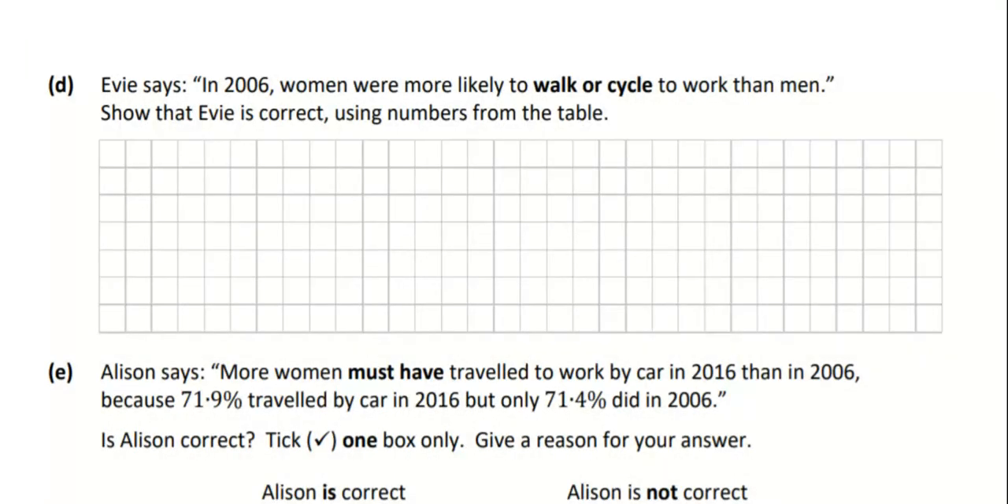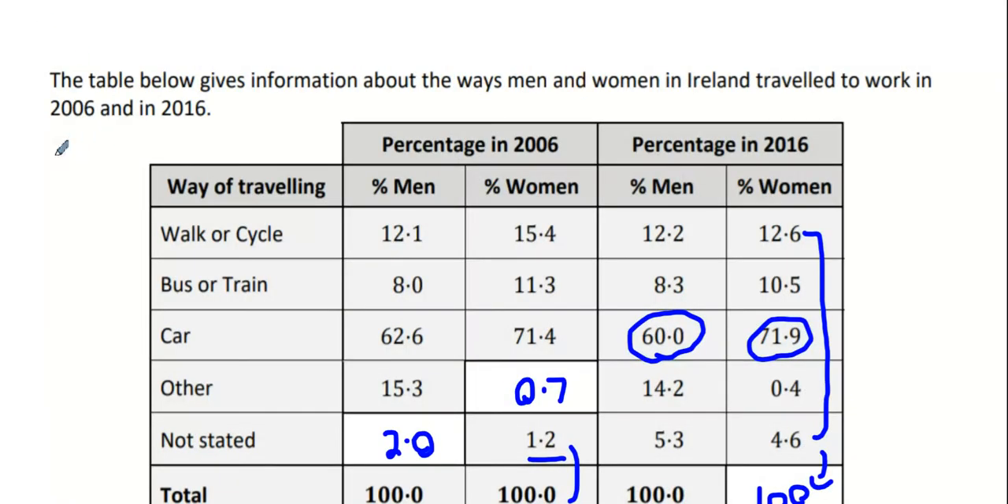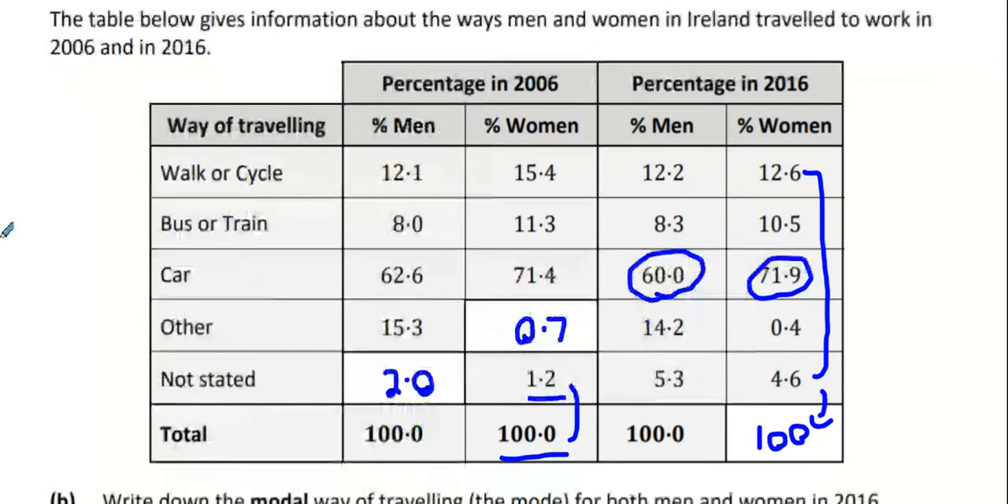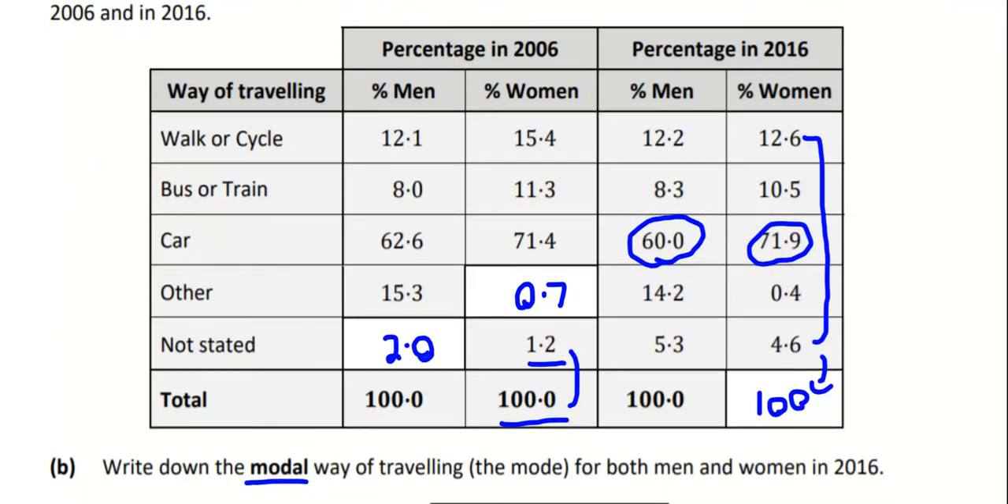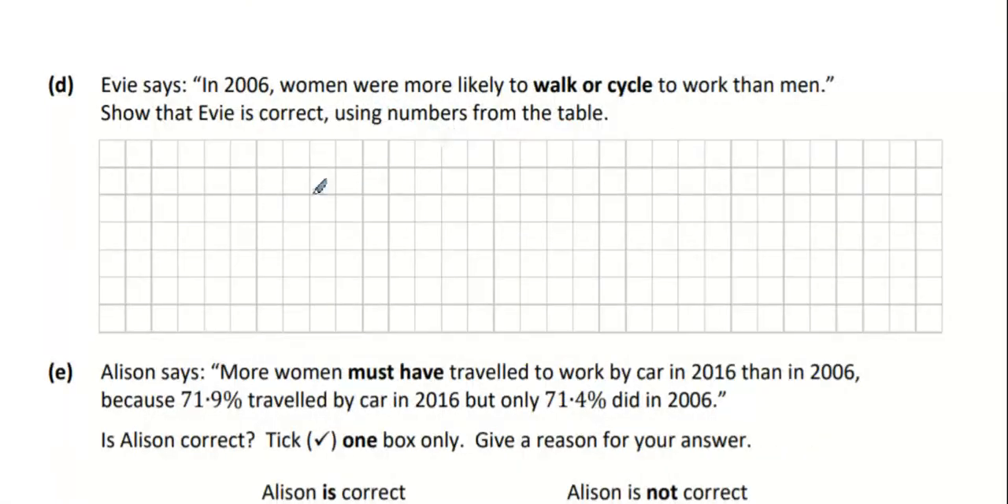Okay. Evie says in 2006, women were more likely to walk or cycle to work than men. Show that Evie is correct using the numbers from the table. Well, if we go back to Evie, we can see that walk or cycle, there we see it there. Women are at 15.4, while men are at 12.1. So we say Evie is correct